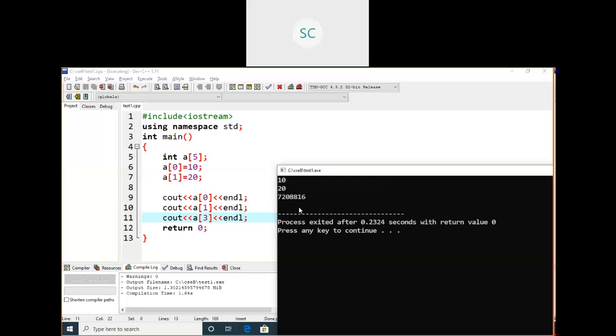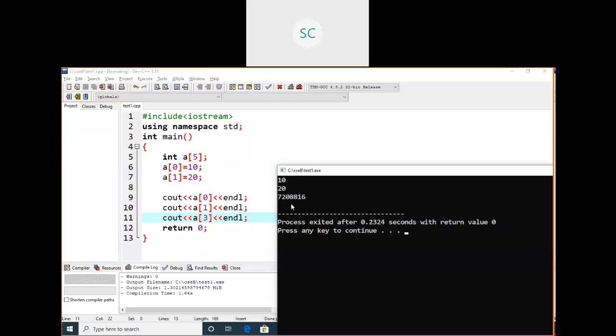If I print a of 3 here, it prints some random number. Probably it will take 0 only in the curly bracket case, but here it is taking some random number.